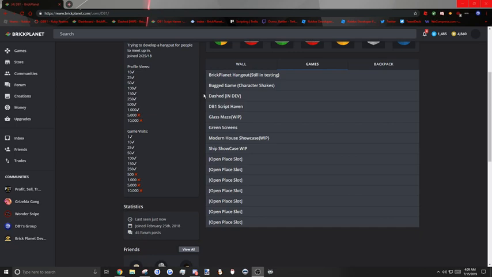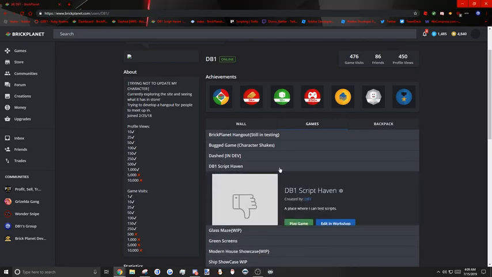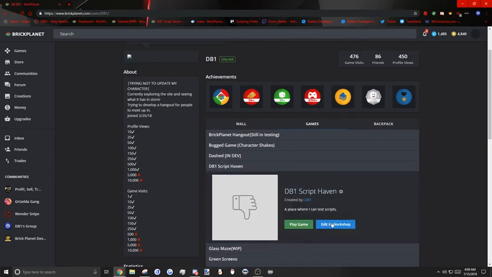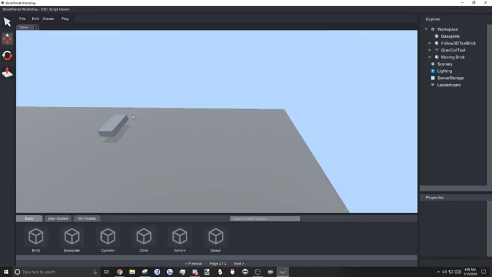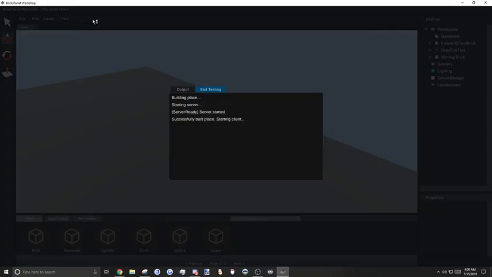Today I'll be showing you how to make a moving brick that goes back and forth in between 2 points. First of all, we're going to be loading up a game. I'm going to be loading up this one right here. Let's open this up in the workshop, and right here, this is what we are going to be making. If I test the game,